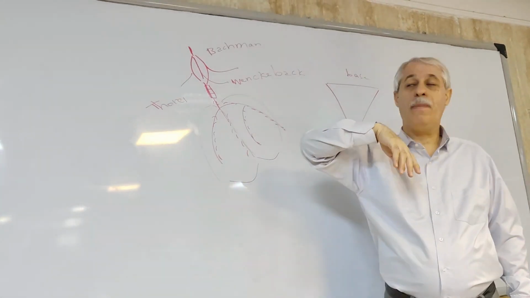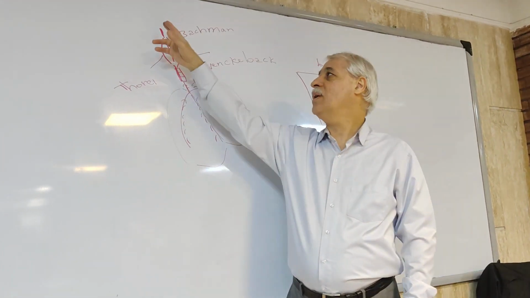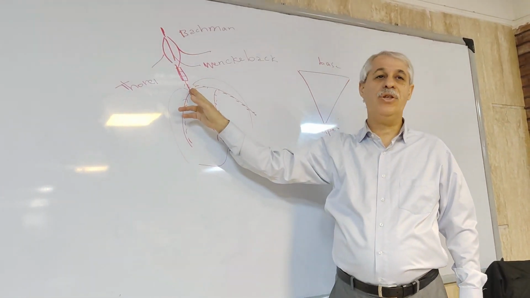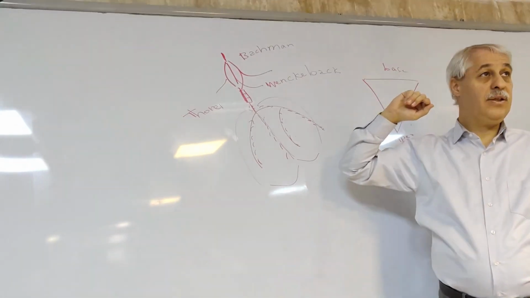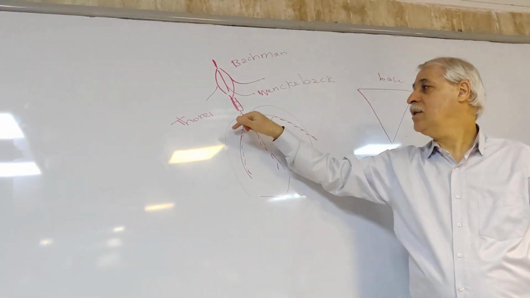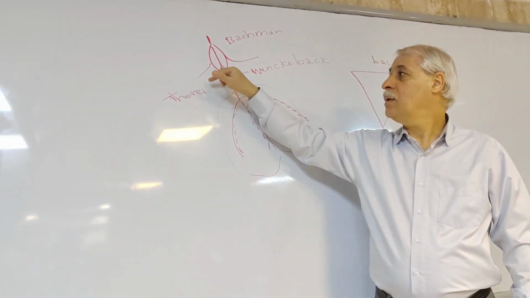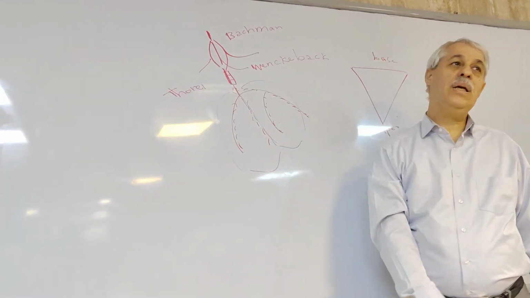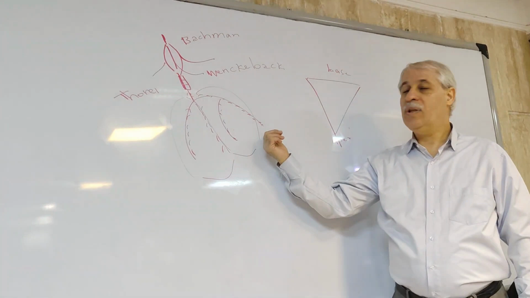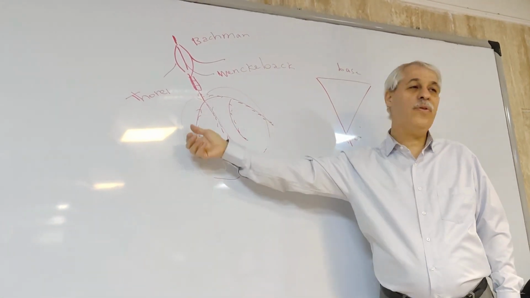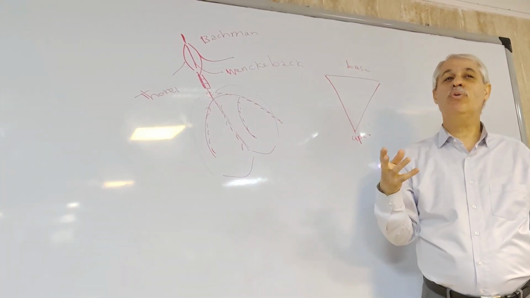0.09 in the His bundle, 0.03. So from the SA up to the bifurcation, it takes 0.16. Then 0.03, 0.09, 0.12, 0.04 takes 0.16. From here to the endocardial surface of both ventricles, it takes just 0.03 due to the presence